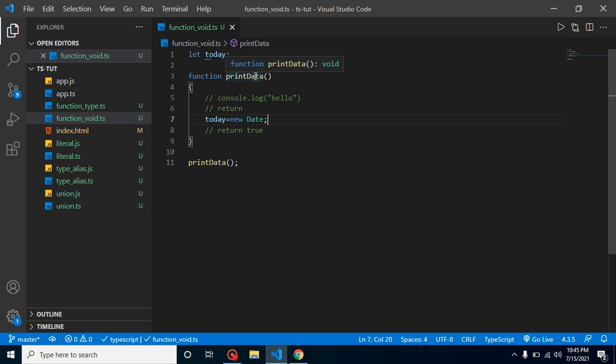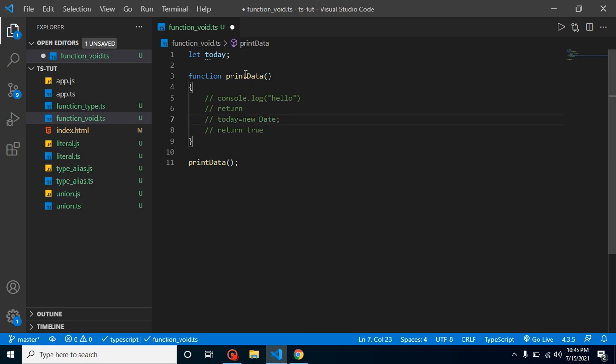So again, you might ask: if the function can automatically check whether we are returning something or not, we don't need to define void, because it will be defined automatically. In many cases, yes, but in some exceptional cases, we might be wrong. I can show you one example.